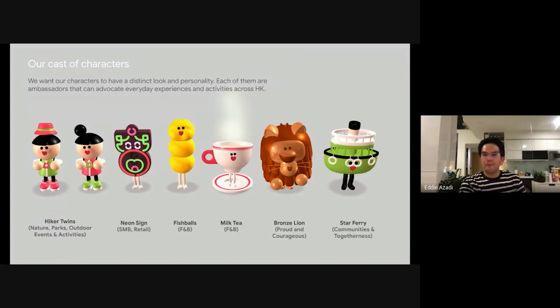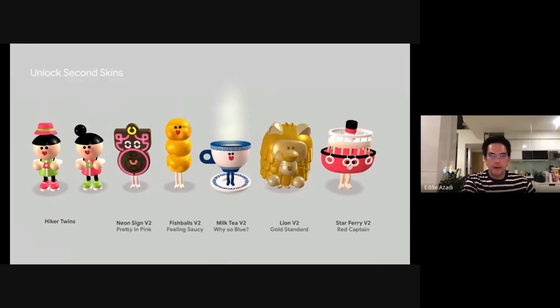Sorry, is it Pride Rock or Lion Rock? Sorry, in Hong Kong, which is just so iconic. And I think finally, last but not least, we have the Star Ferry, which is a part of everyday life in Hong Kong. And then naturally, the more you play and interact with these characters, you're capable of unlocking